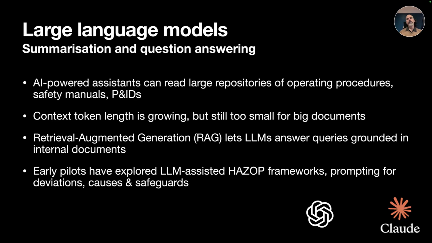So I think that at this point, the main large language models are incredibly capable at reading, summarization, and question answering. I think summarization is one of the things that these systems do incredibly well. So if you have large repositories of operating procedures, safety manuals, that kind of stuff, and some of the models are multimodal, you can feed it a PNID and it can read the diagram and tell you how things are connected to each other. This is an incredible time saver in getting a first overview when you are overwhelmed by new documentation.